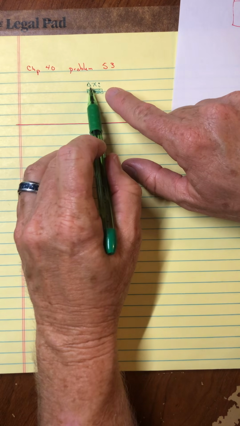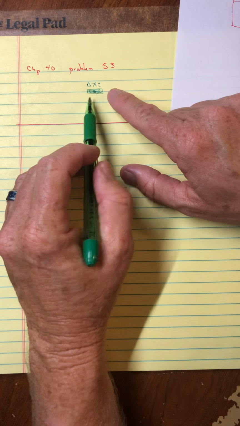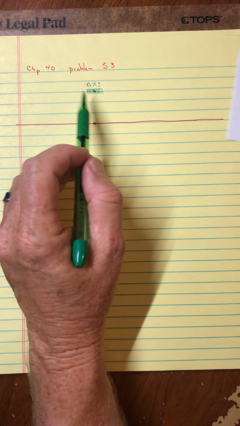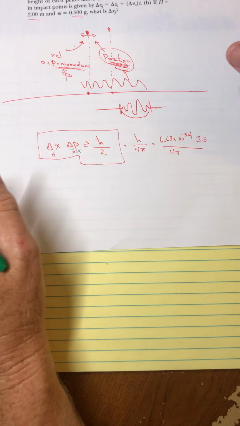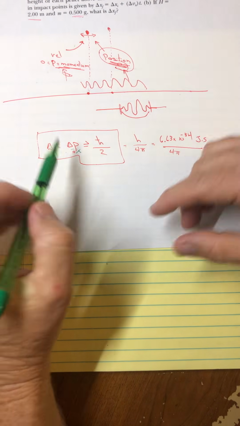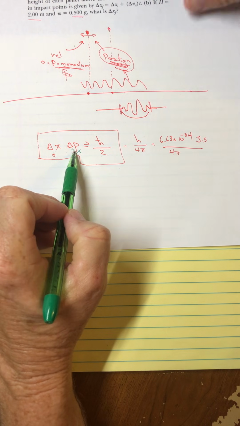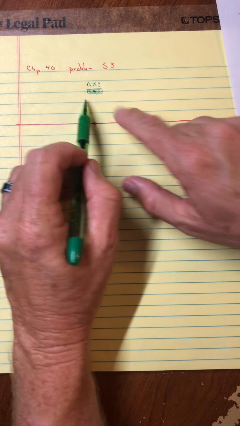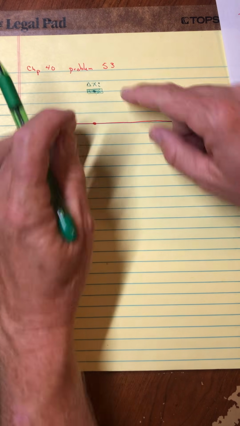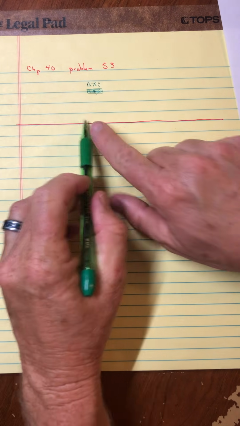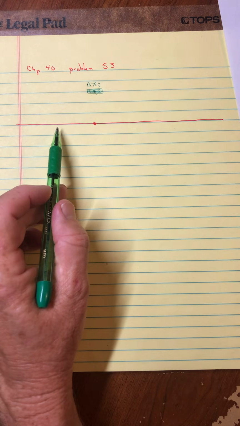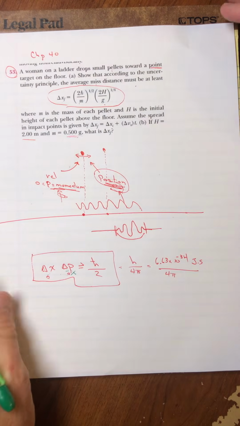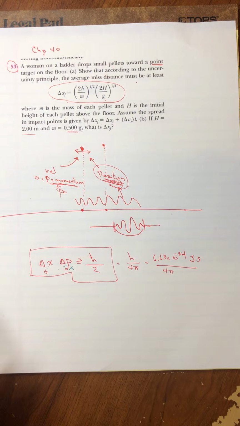On the other hand, if I make this uncertainty too small, which at first I'm kind of liking, and in terms of classical physics, that's all I would want to do. But with the quantum aspect of this Heisenberg uncertainty principle, if I make that small, I don't know the momentum in the x direction. And so making this small is great at the beginning, but then because it has a sideways momentum, a sideways motion, by the time it falls and gets down to the ground, it has a big uncertainty down here. So I don't want that to be too small. So there is some kind of balancing effect, and that's why the sentence here, I think, now makes more sense.